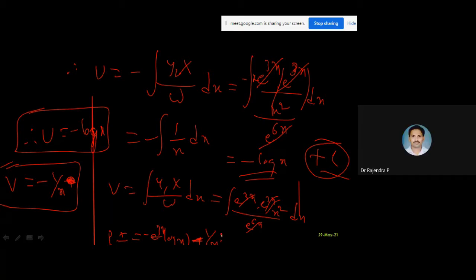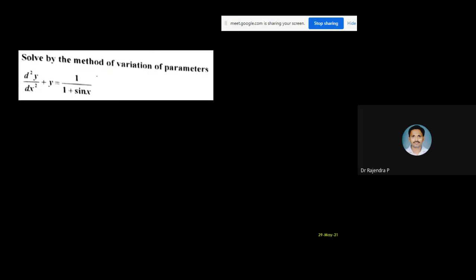So x and x will get cancelled, right? Yes, sir. So x and x will get cancelled. So e power 3x is there. That also you can take common, right? e power 3x, if you take it common, then you may get 1 minus, or maybe minus e power 3x. Something, if you want, you can simplify there itself, right? So anyway, we have here the particular integral as well as the complementary function. Just add them to get your complete solution.